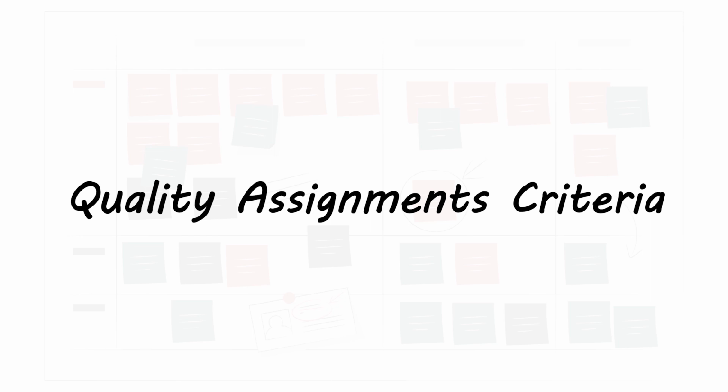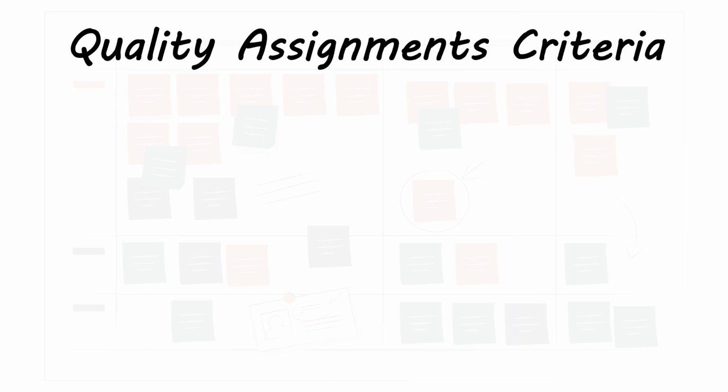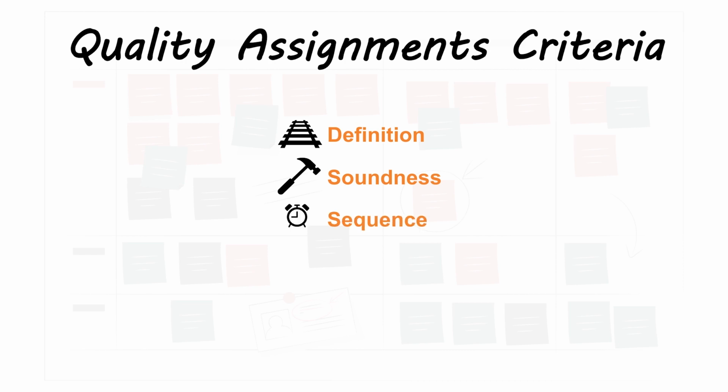Quality assignments should fit into the following criteria. It should be defined, well-informed, and specific enough. It must also be workable, and all requirements to complete the task are met. It should be a priority task for the week, or could be a low priority task that can be completed after all priority tasks are done. It must be an achievable size of activity. And finally, it can be an assignment that was not completed, which must be tracked and demands action to be taken.